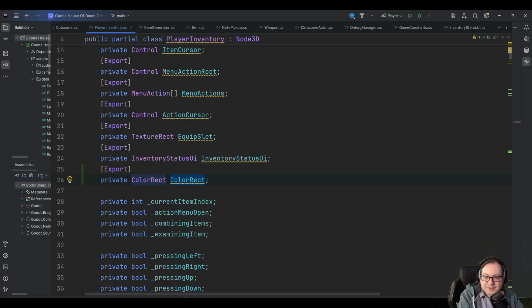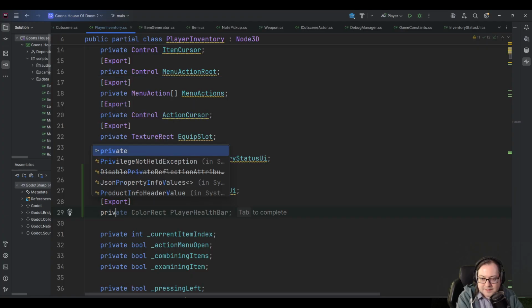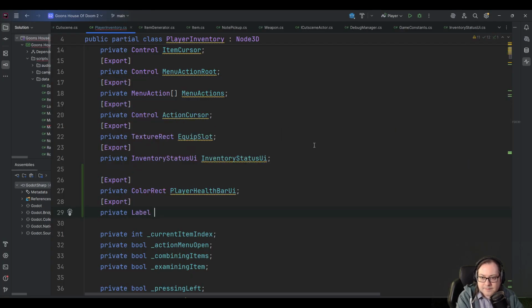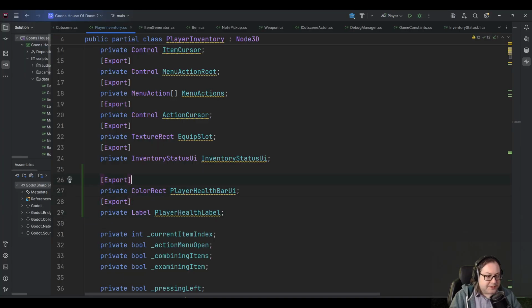What are we gonna call this? We're gonna call this player health bar UI. I don't even know long term if I want to have the health spelled out. I mean, we can do it, but